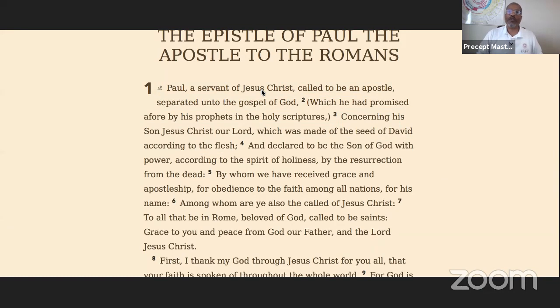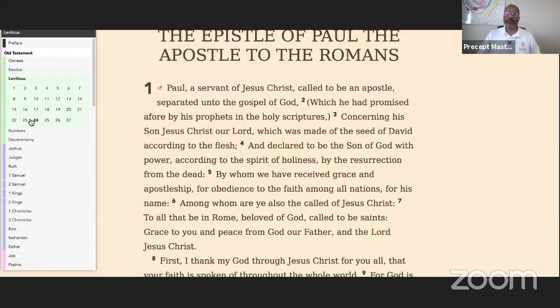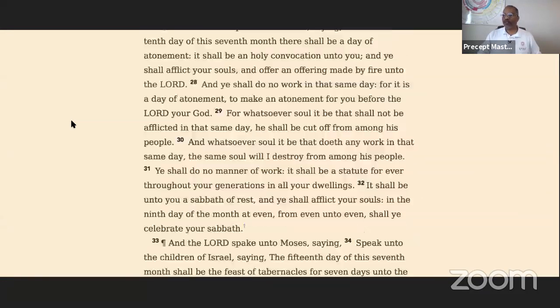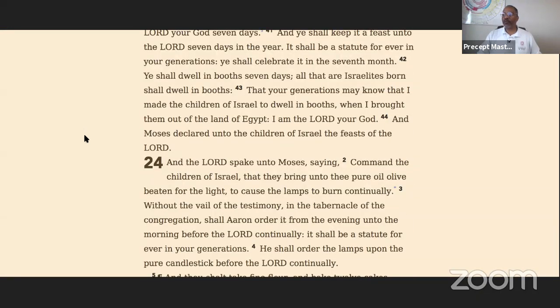So to understand what was being said, we're going to go to Leviticus 23 to see this promise. We're going to see promises made. We've got to go to verse 44. And many times you're going to see me run to the law, because we have to see what the foundation is. And it says, and Moses promised unto the children of Israel the feast of the Lord. So he went down and told them many things, and then he promised something right there. He promised the feast of the Lord. So he declared, he made that promise, the feast of the Lord.